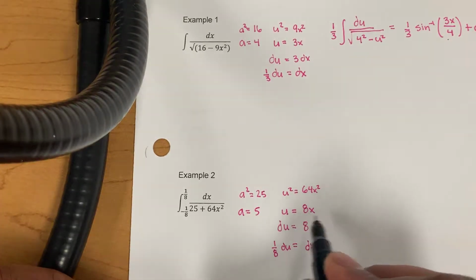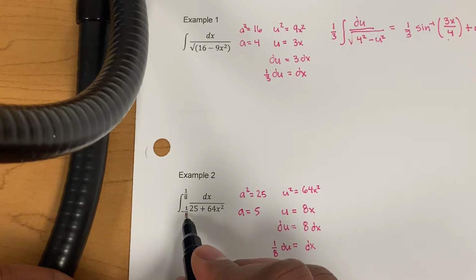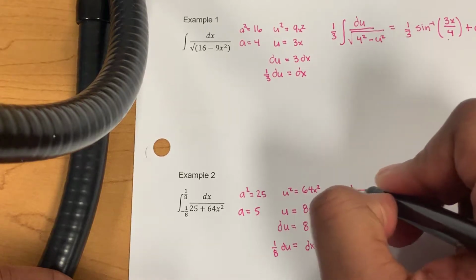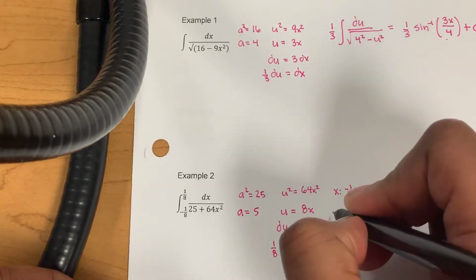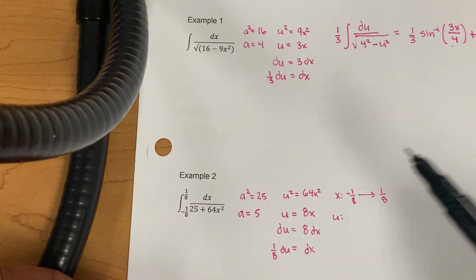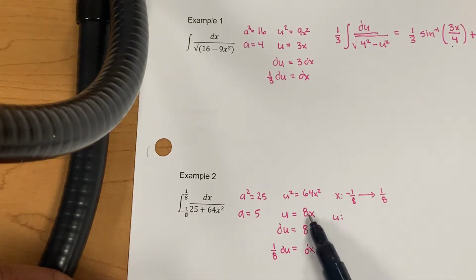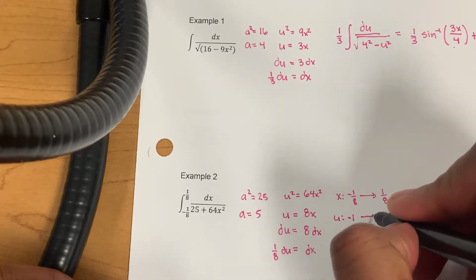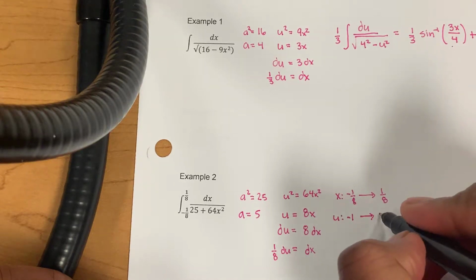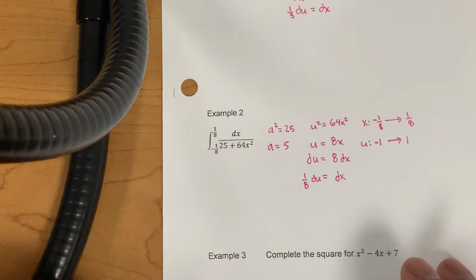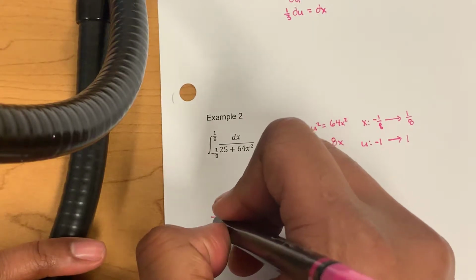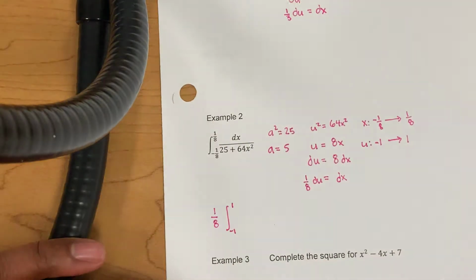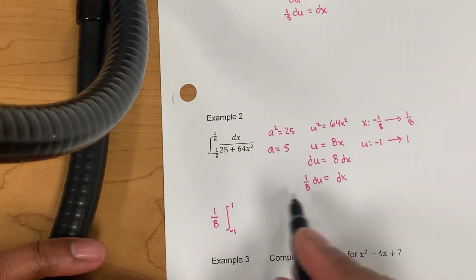So a couple of things. Our limits for x are from negative 1/8 to positive 1/8. U is going to go from, if we substitute negative 1/8 into the u, negative 1 to 1/8 times 8, which is positive 1. So the rewrite on our integral is 1/8, the integral from negative 1 to 1 of